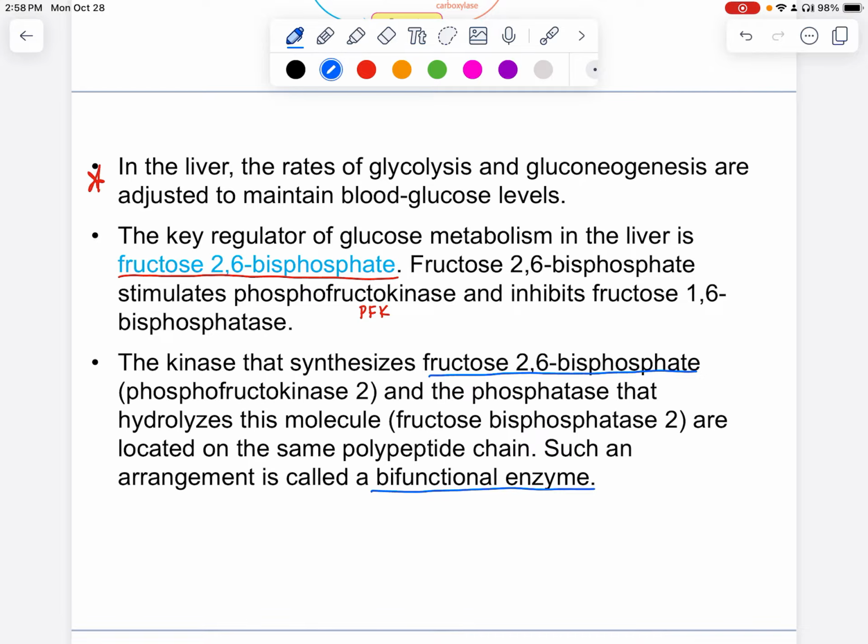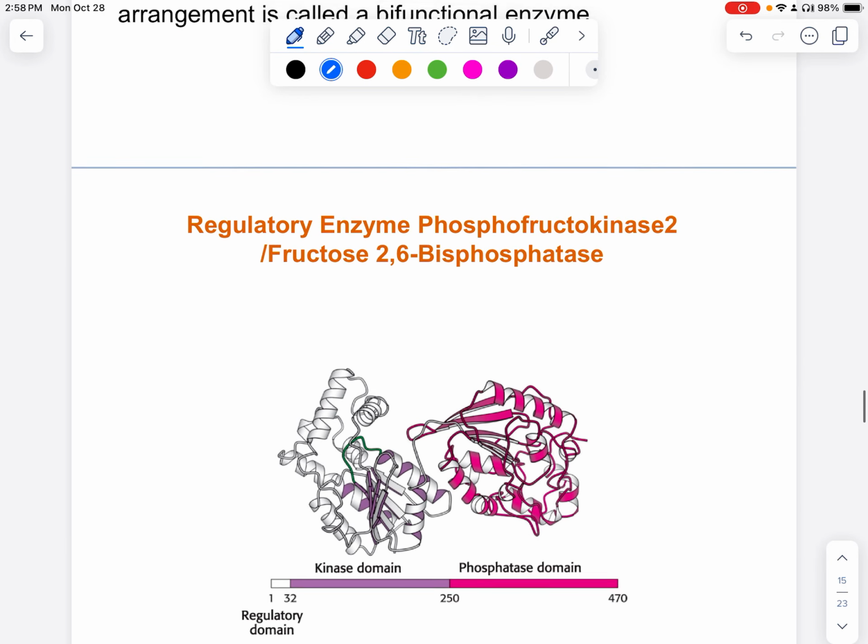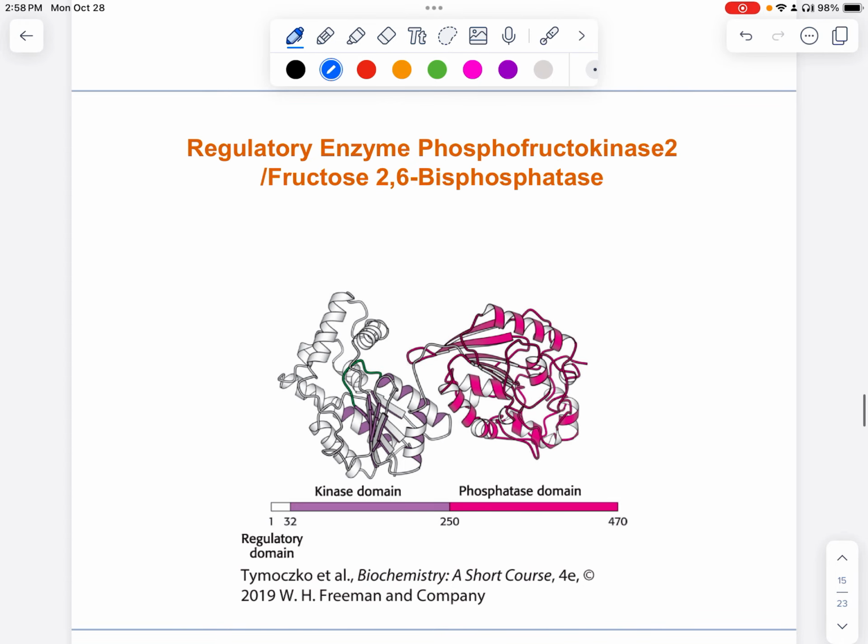So we have this bifunctional enzyme happening that we use for this. All right, if you remember this from glycolysis,